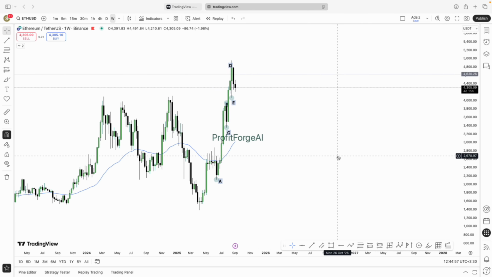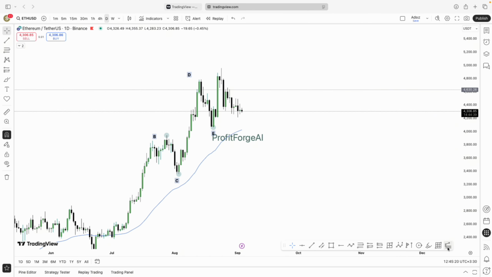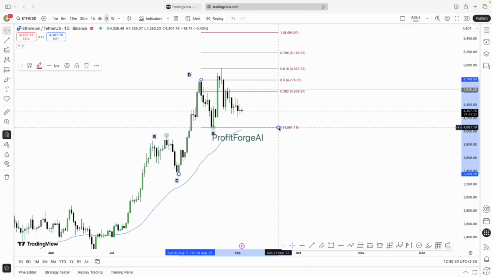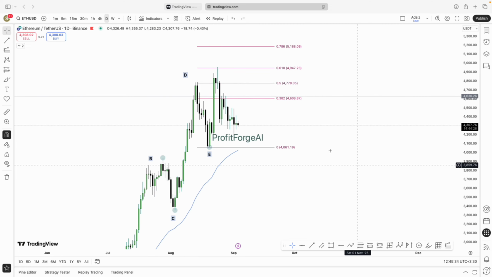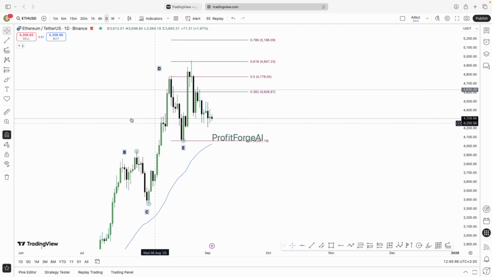Now, let's look closer on the daily chart using Fibonacci extension. This tool helps us measure possible price targets based on the size of previous moves. For those new to technical analysis, Fibonacci levels like 0.618 or 0.786 are widely respected by traders as zones where reversals often happen. Right now, ETH has tapped the 0.786 retracement perfectly, which historically is one of the strongest reversal